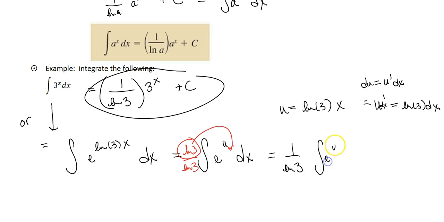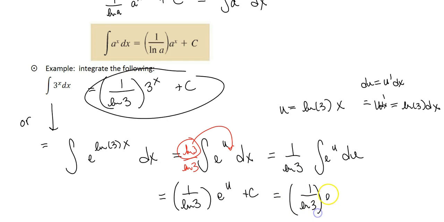And that would give me the integral of e to the u with respect to u times 1 over the natural log of 3. And we know that that is just e to the u plus c. So when I plug the u back in, I get 1 over the natural log of 3